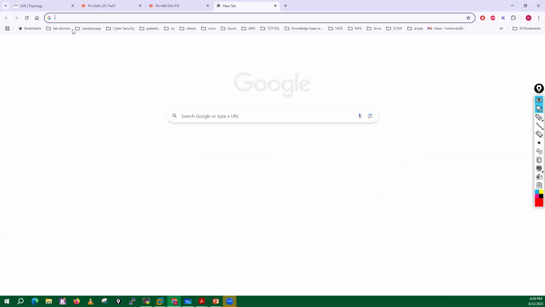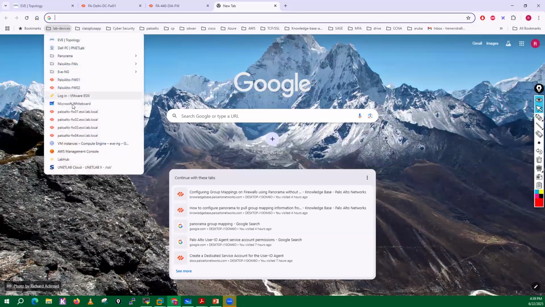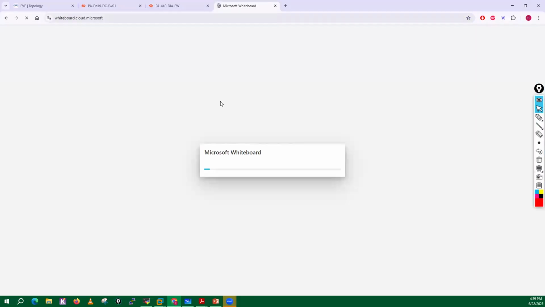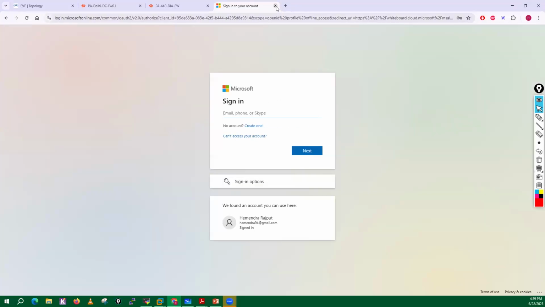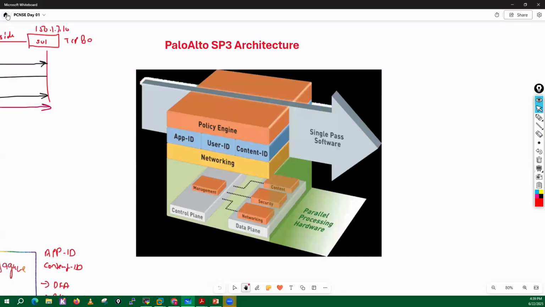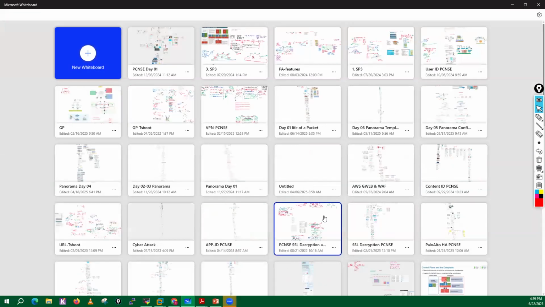let me just log in. If I can get access to my whiteboard from here, because I don't want to do anything with this, because this is the one which I will use. Okay, I don't want to log in for now. I'll come back again here. Let me just show you something with regards to your App-ID. So you will see App-ID here.